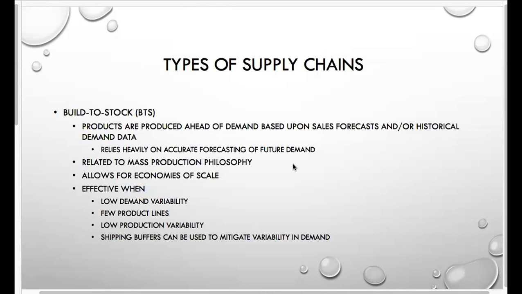Once again, we want to reduce the complexity of the system, so we only want a few product lines to produce to, and we have low production variability. We want to make sure that we are able to produce at a reliable rate. This also has to involve capacity. You must also have the capacity for the demand at the other end. And your capacity obviously must be higher than the production to include the variability.